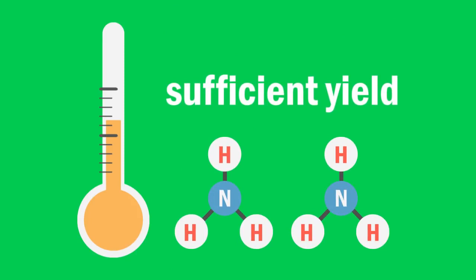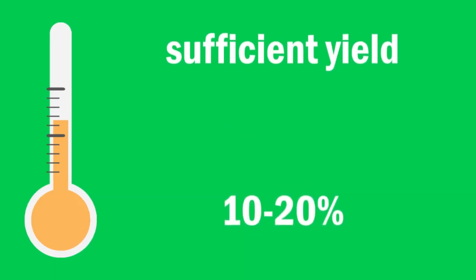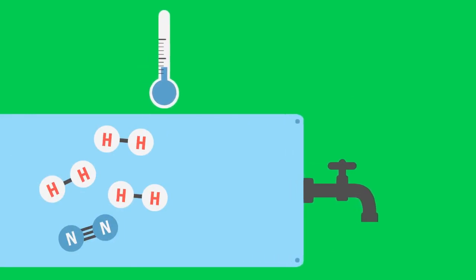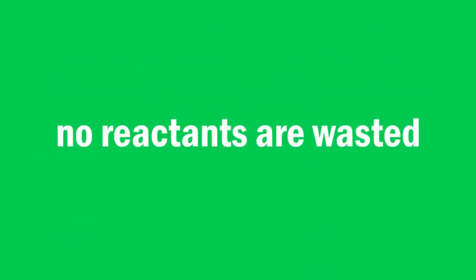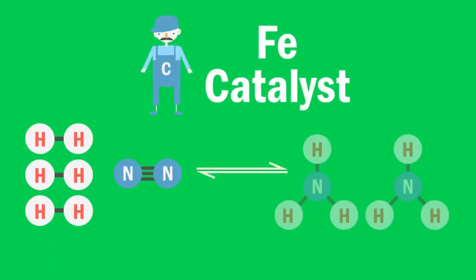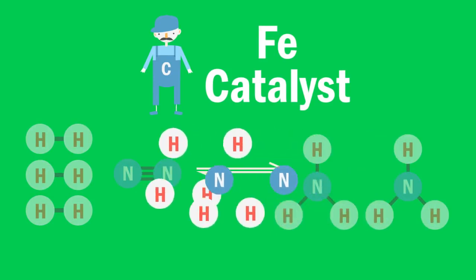The yield of this process is 10 to 20%. Remember from the introduction that unused gases are recycled, so no reactants are wasted. As well, an iron catalyst is used in this process. The presence of the catalyst does not affect the position of equilibrium, but increases the rate at which equilibrium is